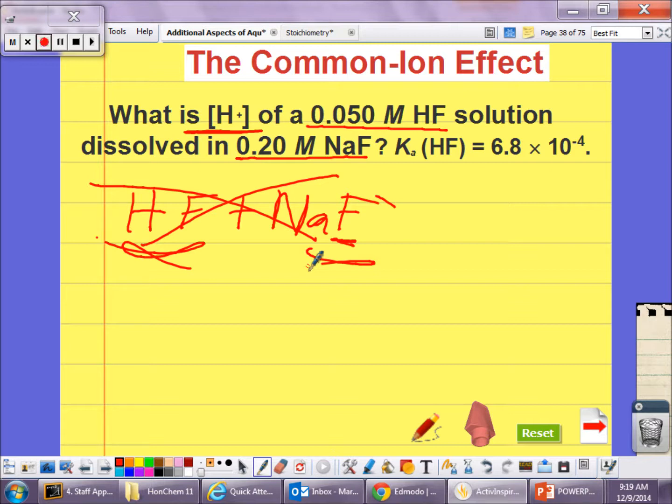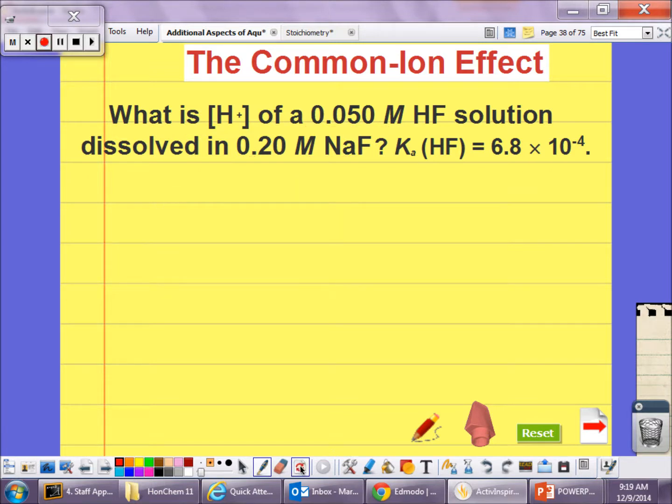So remember, this is a no. Reset. Now what I need to do is write an equilibrium with my weak acid. This is HF. Equilibrium, this is a weak acid. Give me H plus and F minus. Now that's a salt. This is NaF